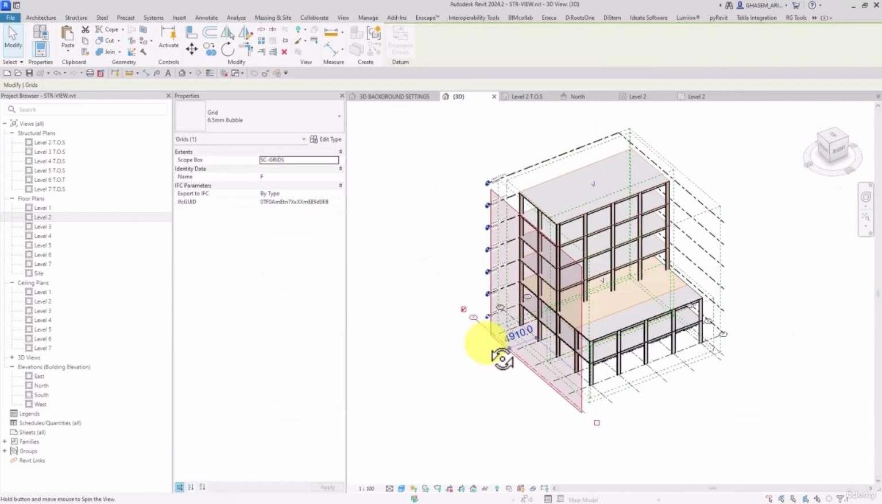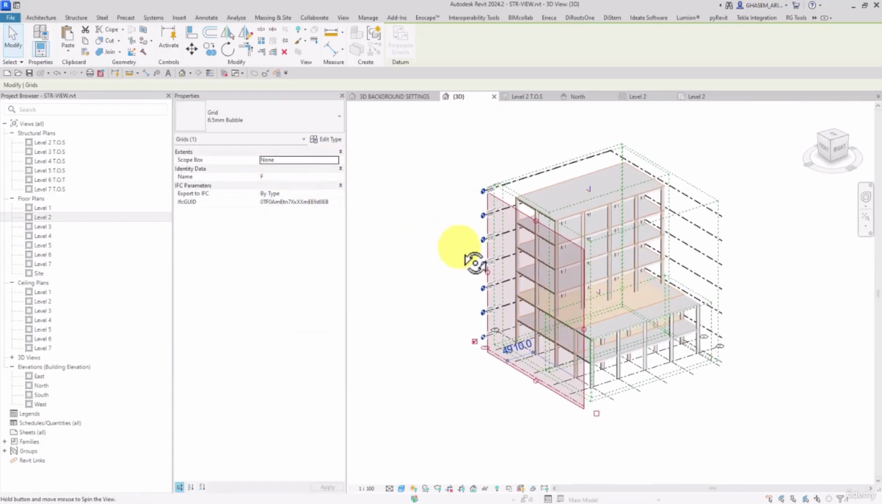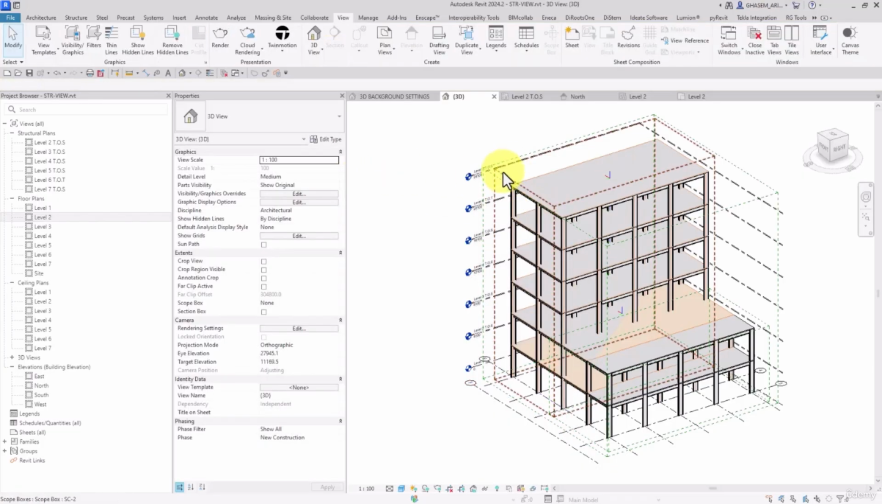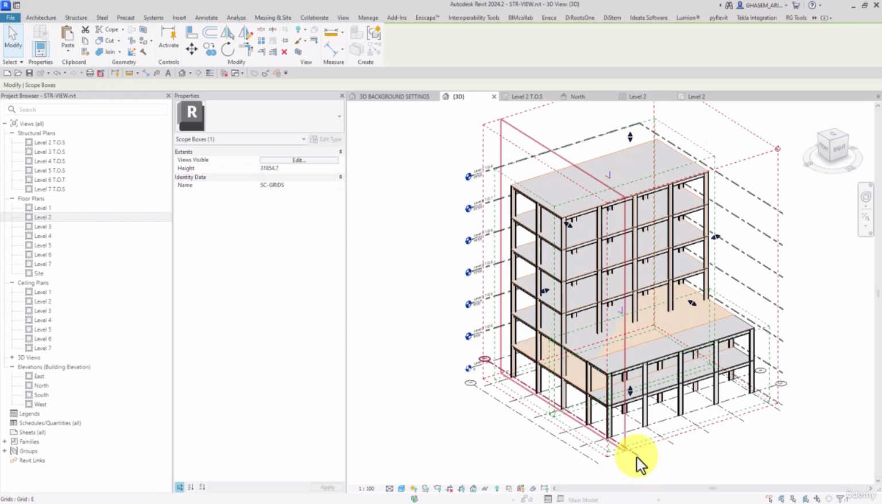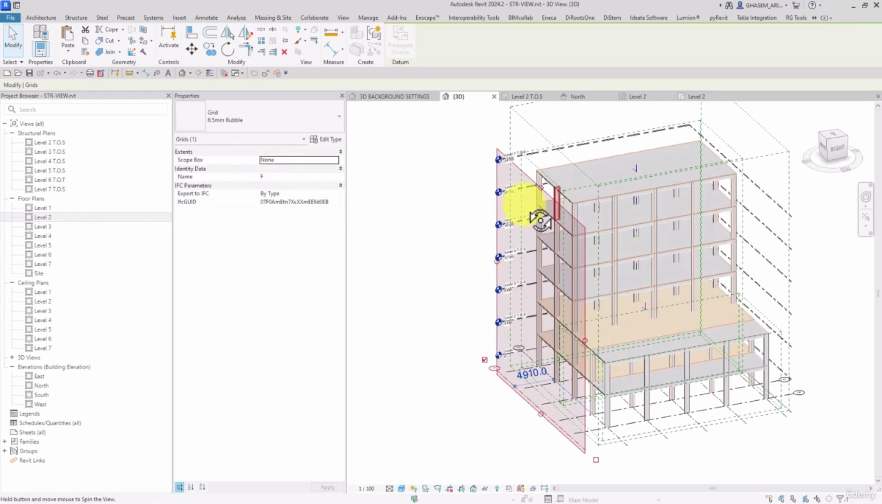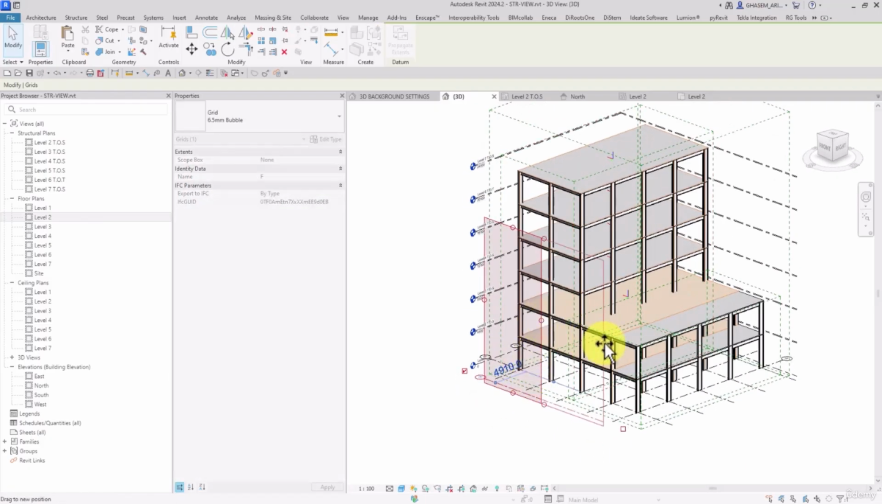Then I can select this, and then from the scope box, watch this. If I set the scope box to none, then we can change the height. Otherwise, the heights of the grid lines are being controlled based on the height of the scope box. As you can see, I move the scope box upward. Look the preview of the grids. But when we set the scope box to none, then we can change the dimensions of the grid lines in